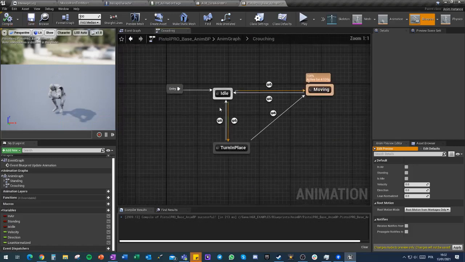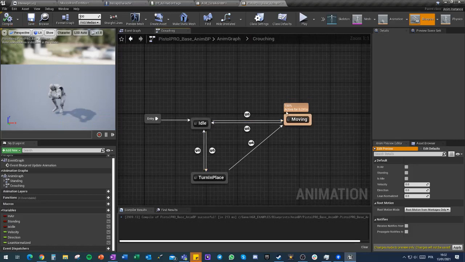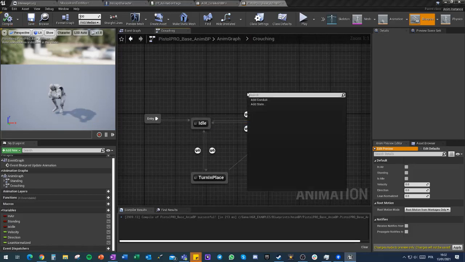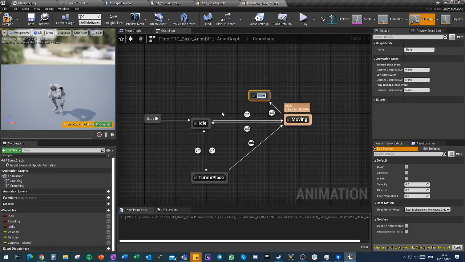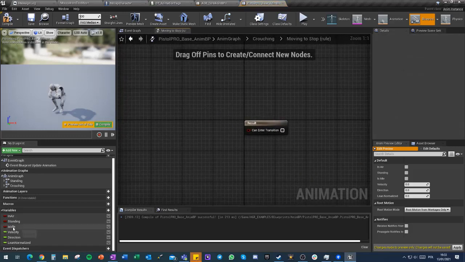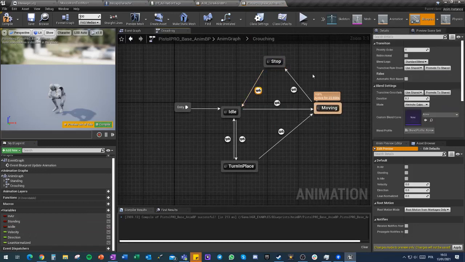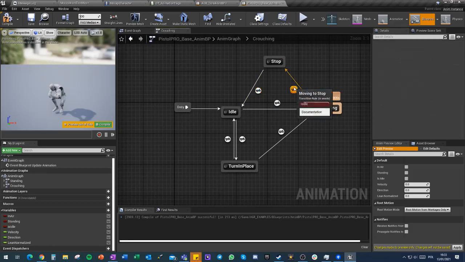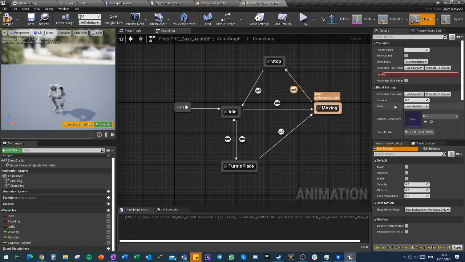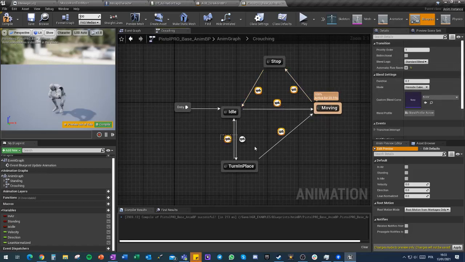Okay. So this is crouching, and we can do one more thing. We can add a state, which is a stop. And this one is idle. And from this we go to idle instead of here. And this one will be automatic rule. So this one will be, okay, so now for all blend spaces,